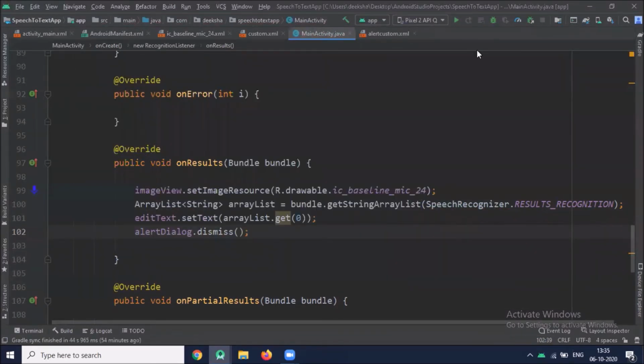So now we will work on our image view. We will add one touch listener to the image view.